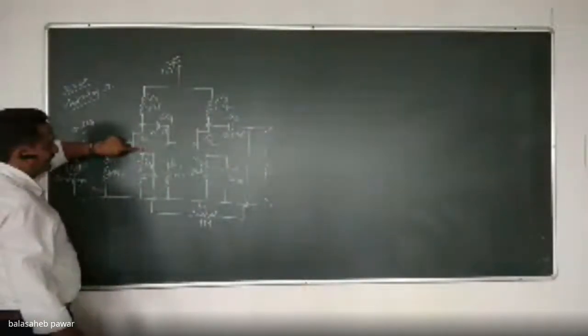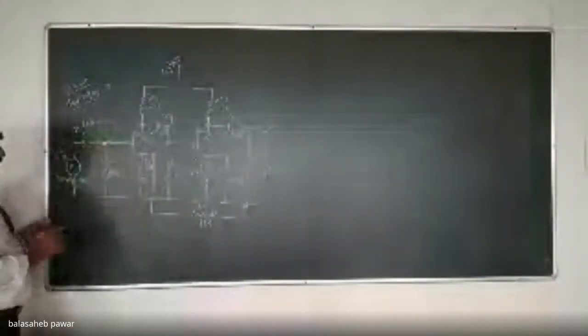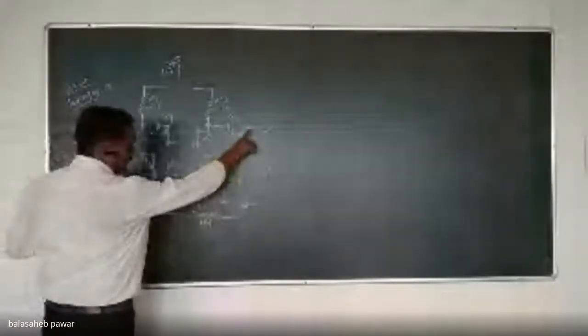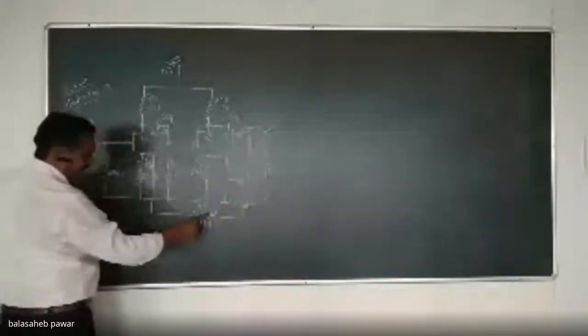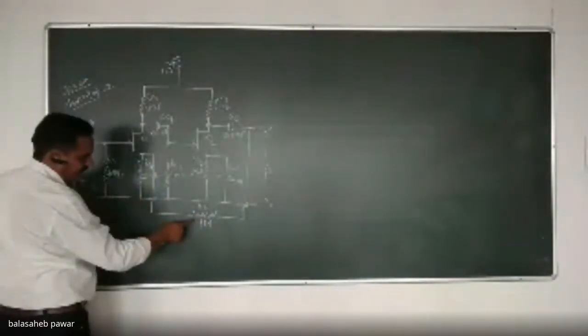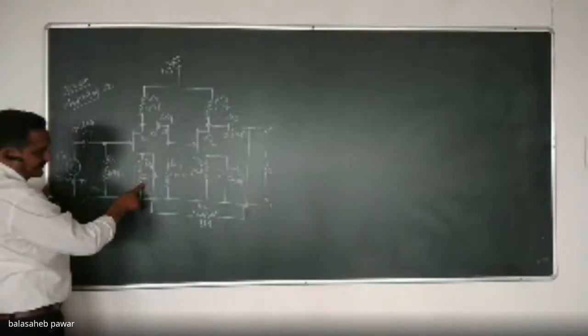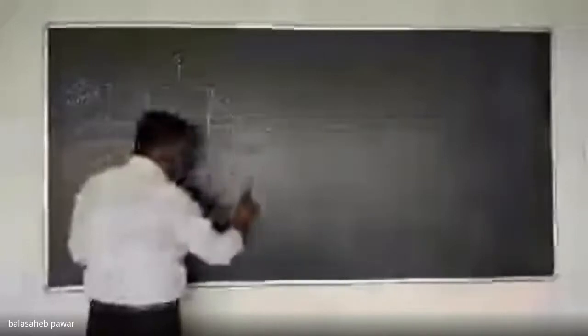So just imagine if that becomes 0 by opening it like this, you will observe two resistors at the output side connected in series with each other. Which are those? One is the feedback resistor, that is RF, and another one is RS1. Okay. So it will look somewhat like this now.